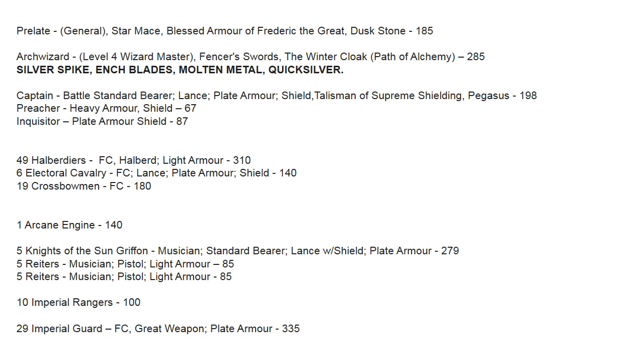BSB on a Pegasus with 1-up, 4-up. Preacher, heavy armor, shield, he's going in the Imperial Guard. Inquisitor, plate armor, shield, he's actually on a horse as well. He's going in one of the units of 5 Reiters. He's got 49 halberdiers, a big block, full command, light armor, 6 electoral cav, a little scoring unit, plate armor